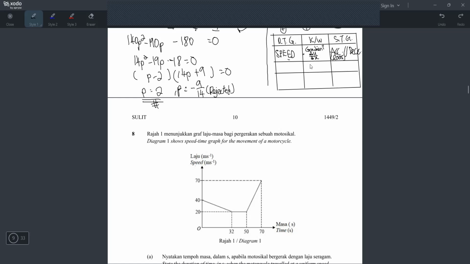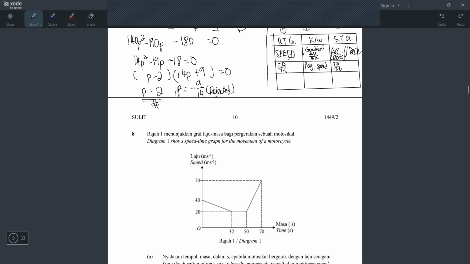Okay, next keyword. What is it? Let me think. Average speed. For average speed, we have one universal formula. Like this formula, we use it in all cases. So the formula would be TD over TT. What is TD over TT? Total distance over total time. Jumlah jarak bahagi jumlah masa.